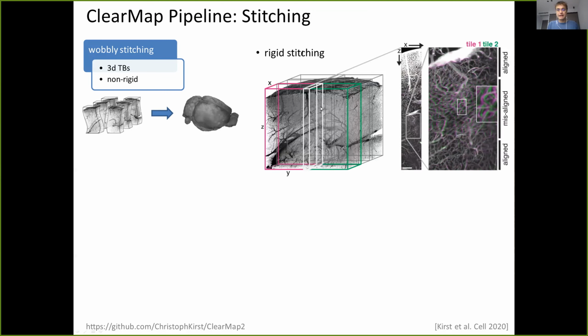If we put together a lot of these stacks, what we see is that often those stacks at certain ranges in Z can be nicely put together. But then in other ranges, they are not overlapping at all. And this cannot be solved by rigid stitching, by moving the stacks. If you move them, then you screw up here and so on.